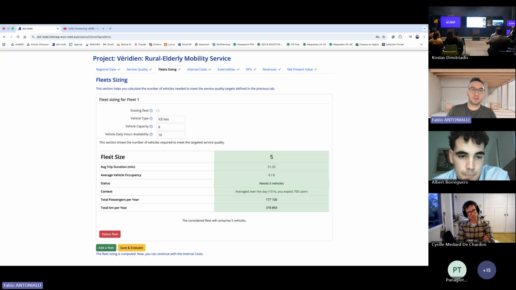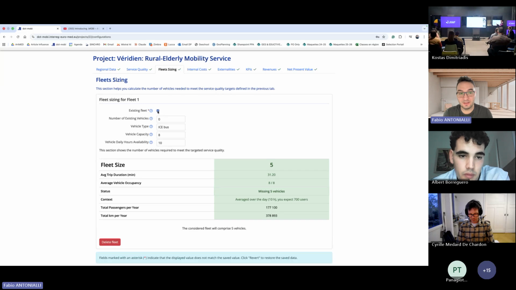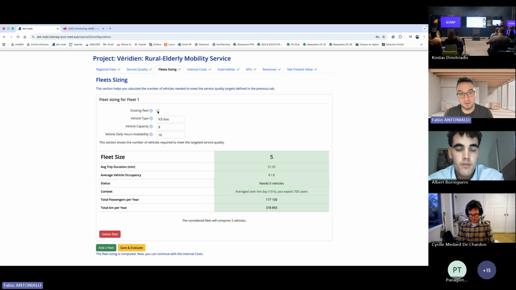Yeah. So thank you very much, Albert. So just to make a little bit of a precision about this point, we know that many operators would like to either improve on an existing service or they already have a fleet. In that case, if you have a fleet, you can click this button, which is right here in the beginning, and you can type the data about your own fleet. But if it's not the case for you, if you want to, let's say,